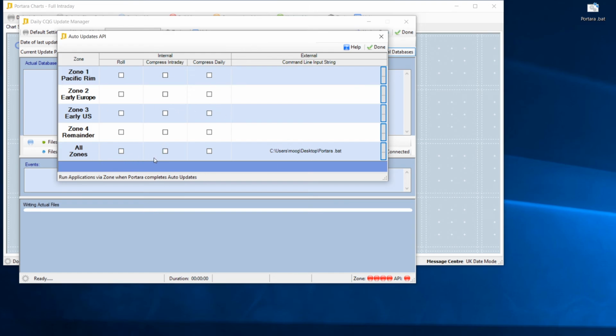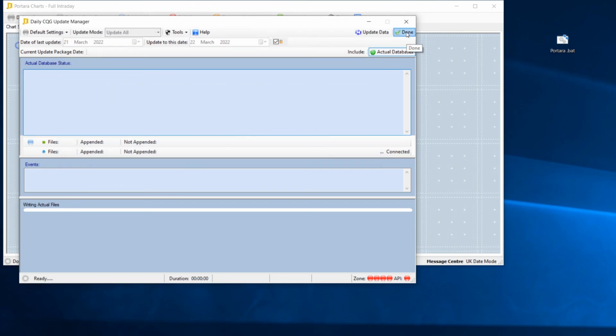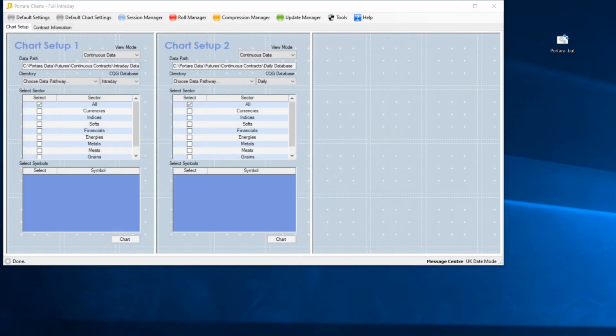It's going to say, look, we don't need to do anything here because they're going to run a batch file, and the batch file is located here, so it will then run the batch file, and of course we know it works because we've double clicked and tested it, and Portara will then work for you in the way that you need it to. And finally, just to note that Portara batch file usage is an advanced feature in Portara,